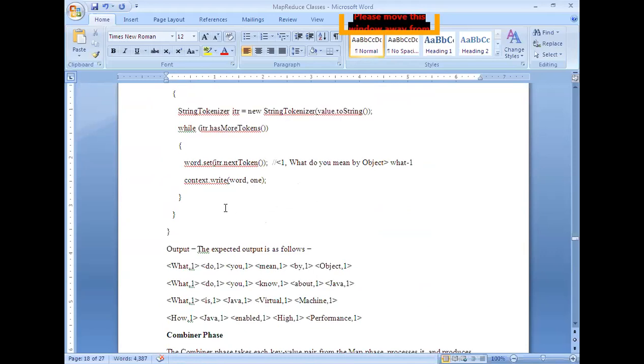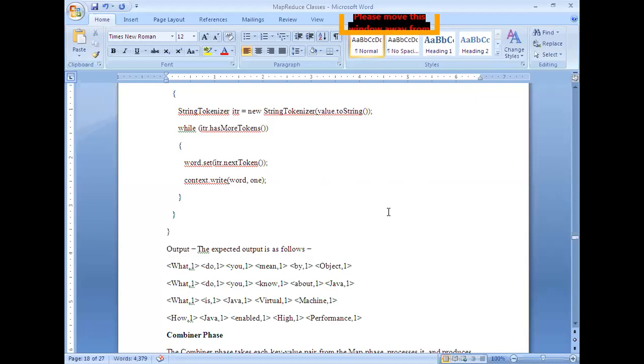After that, the loop has repeated, iterated, and the iterator points to the next word. It will be accessed. Then the context writes the output into the dispatch. Next, like that, this process is repeated until no more tokens are present in the given input, right? Is it clear or not?